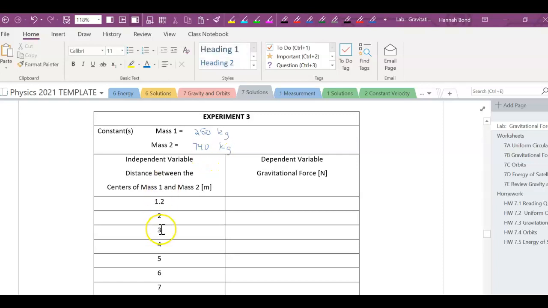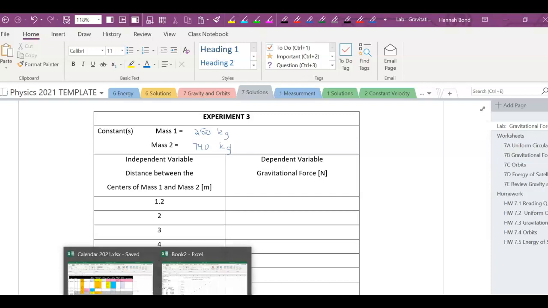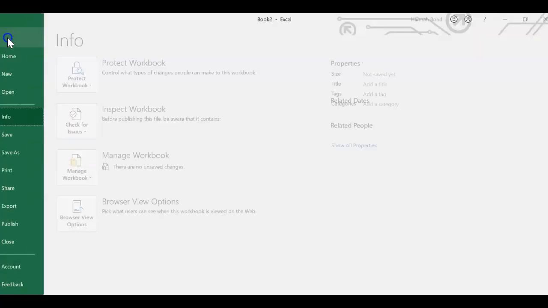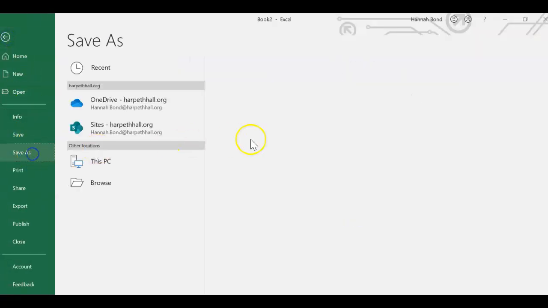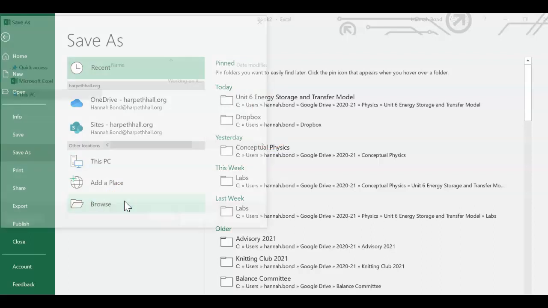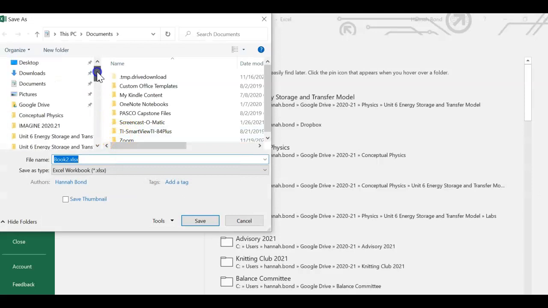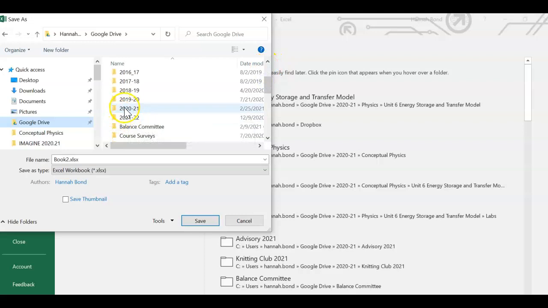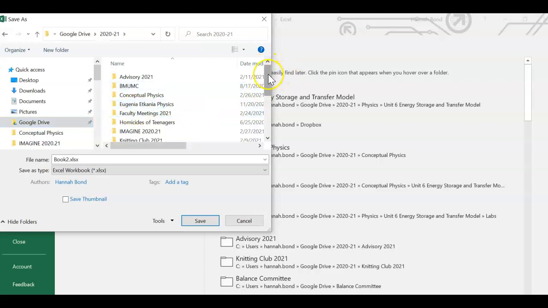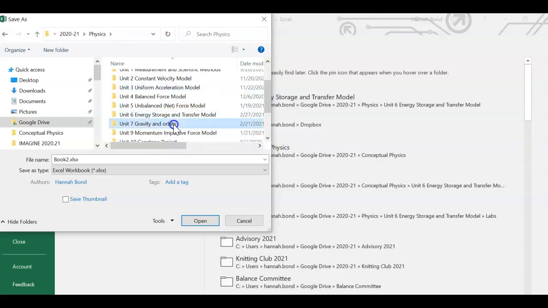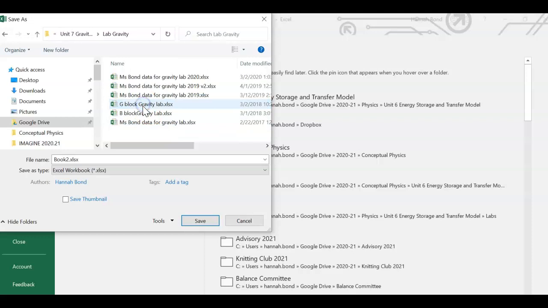I am going to put my data directly into Microsoft Excel. So I'm going back to my Microsoft Excel sheet. And I see that I need to save this. So I'm going to do a file, save as. Remember that Excel does not automatically save for you, so you will need to save it so that you don't lose your good work. I'm going to put this under Unit 7, under the lab for gravitational force, and I'm going to call this